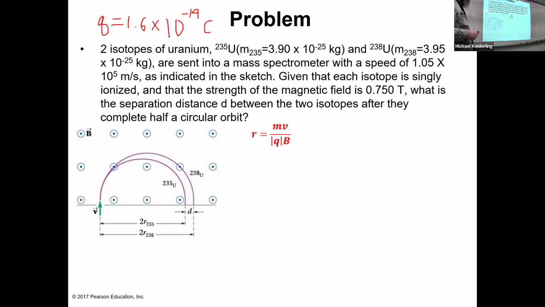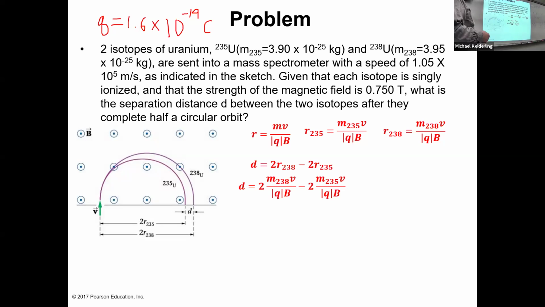The radius is mass times velocity over charge times magnetic field. So mass 235 times velocity over charge times magnetic field is radius 235. Radius 238 is mass 238 times velocity over charge times magnetic field. So distance is 2r238 minus 2r235. So 2 times mass 238 times velocity over charge times magnetic field minus 2 times mass 235 times velocity over charge times magnetic field, which is 2 times the difference in mass between 238 and 235 times velocity over